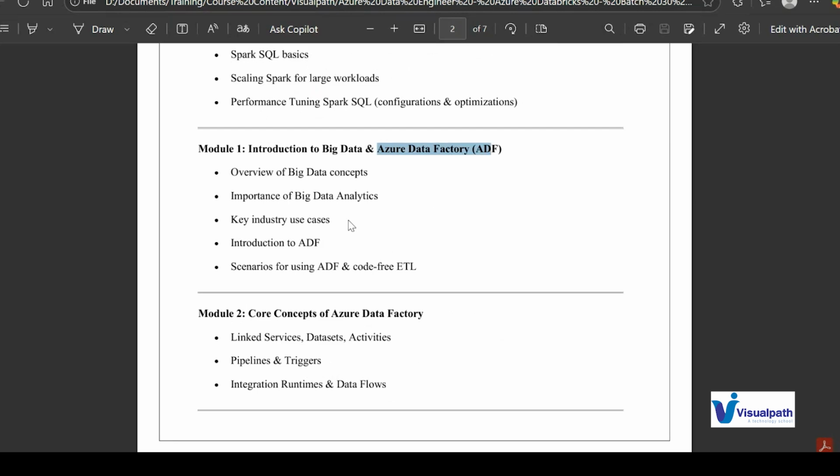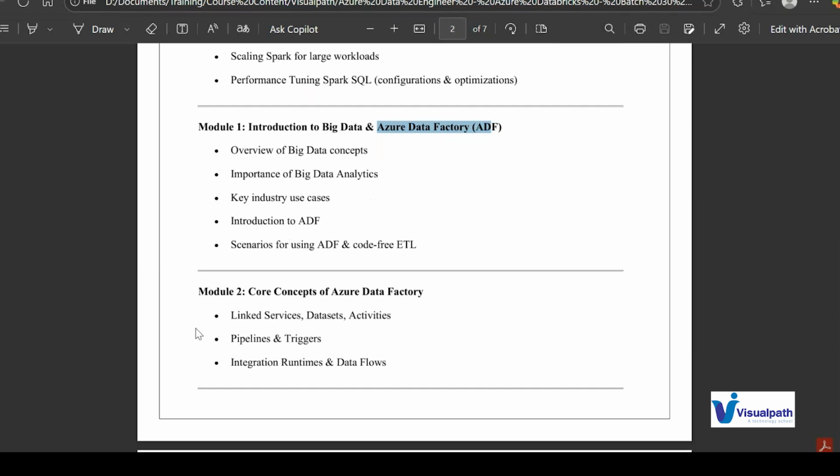Okay. Now, the next thing is the introduction to big data and Azure Data Factory. I'll be helping you to create the Azure portal individually for all of you. Okay. Step by step, I'll help you go through a tour guide on how we work in the Azure portal, what all features are there, how we can manage our Azure portal, how we can manage the cost, how we can create alerts when that cost is going to reach the limit. Everything I am going to help you with on that part.